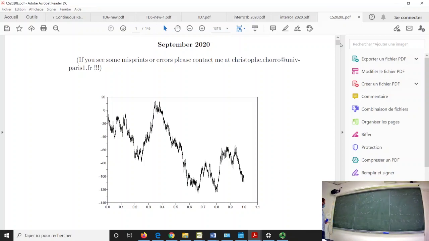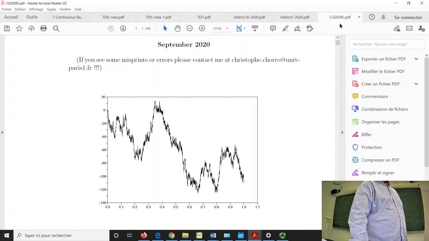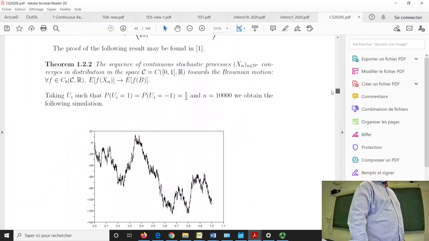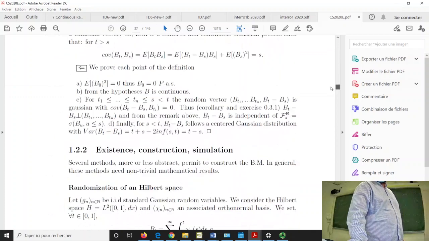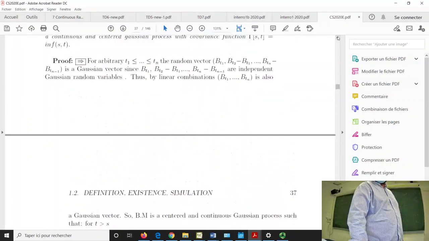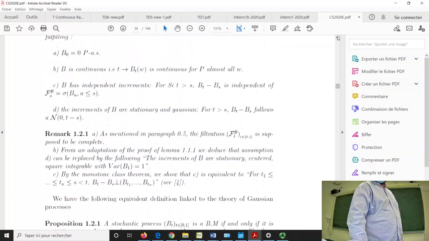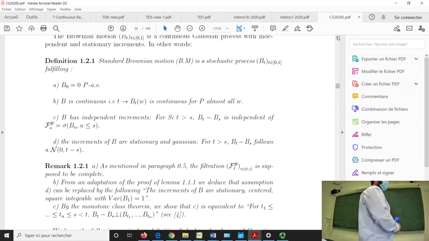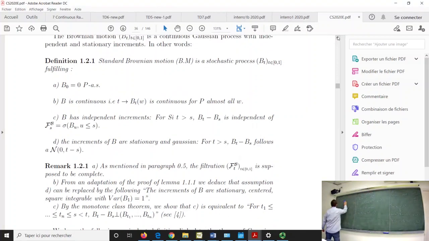So I need some place somewhere. Maybe the idea is how to generate the Brownian motion using a computer. So I just put the definition here. I keep it, and I can erase it here. So suppose that you want to plot the trajectory of the Brownian motion using a computer. Okay. So first of all,